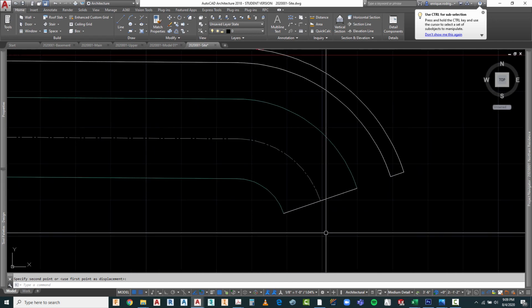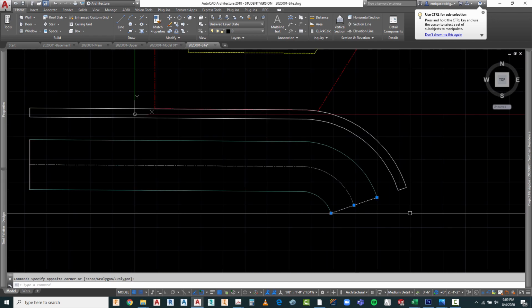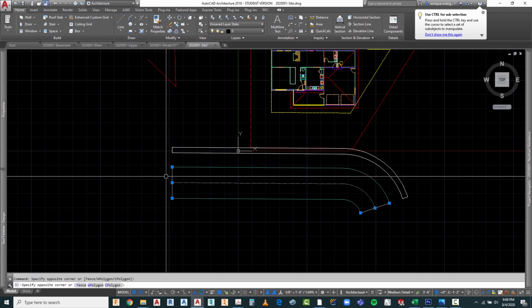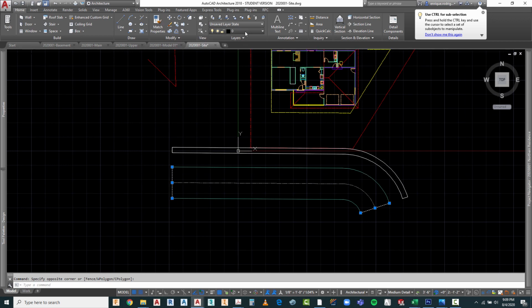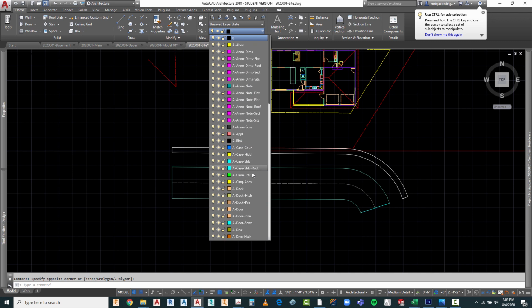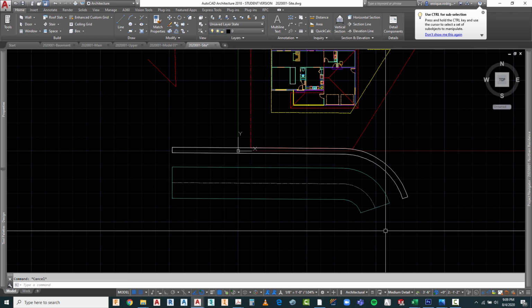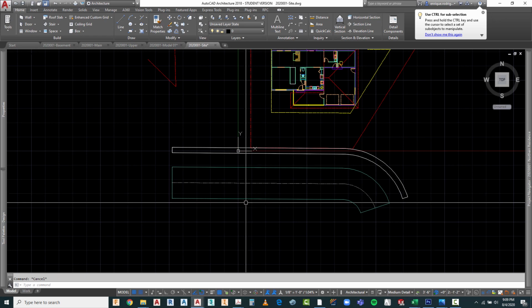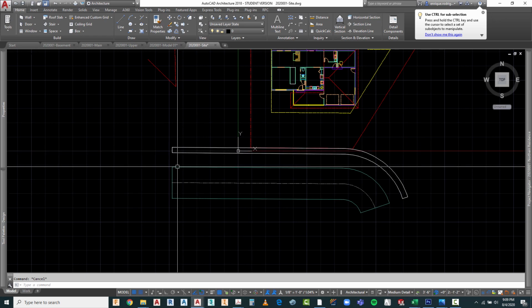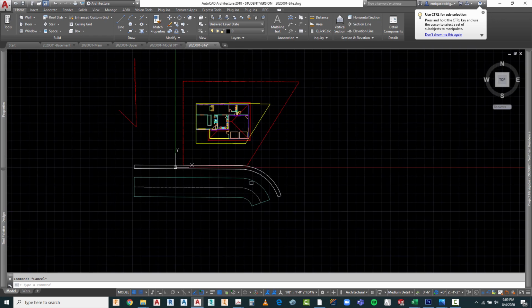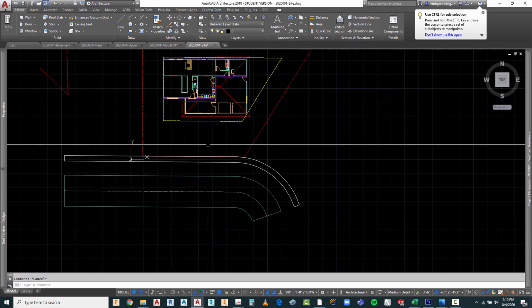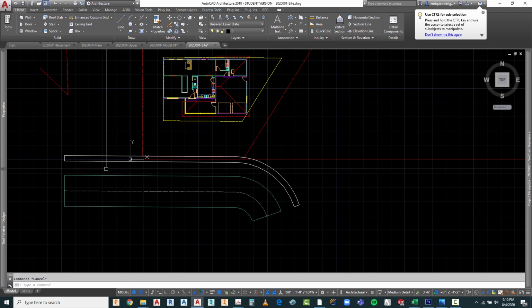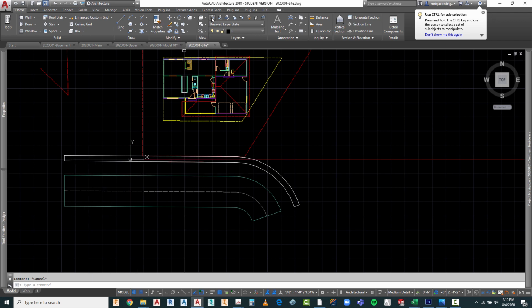And I've got a closed polyline in here. I'm going to go ahead and change this to the proper layer. Let's put that as a road. See if I can find that. And now what I need to do is to create a closed polyline for it. The same thing with the sidewalk. Now we're going to go ahead and do the same thing with driveways and so on, but let's start with these two elements. So right now I do not have anything for the sidewalk, so I'm going to go ahead